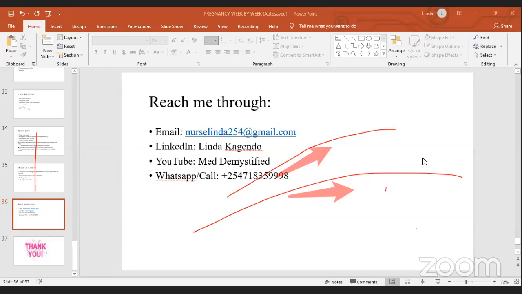The next question from Ruth is, is it okay for a pregnant mother to take hypertensive drugs? Yes, there are hypertensive drugs that are recommended for pregnancy, and not the regular hypertensive drugs. Please note, it's not the regular ones. So if you are hypertensive before pregnancy, you need to see your doctor to change your hypertensive drugs to what is safe for pregnancy. The hypertensive drug commonly used by pregnant women is methyldopa.